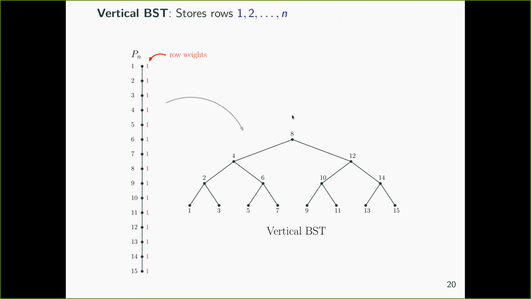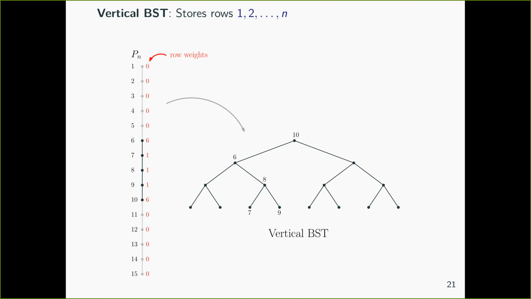And the role of that BST will be to somehow account for the fact that when you're looking at an n-vertex subgraph of your product, we can think of all the n rows in your product, but we don't really know which vertices we are using in each row. And then the weight could be concentrated on some rows, and some rows could be not used. And the vertical BST will somehow allow us to handle the weight distribution on the rows, and so far this is quite standard.